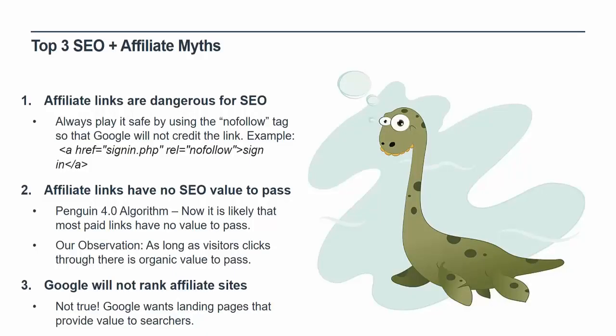Now, how do we use some of these myths that might be floating around in your head to our advantage? The first one is that affiliate links themselves are dangerous for SEO. And you know what? I'm going to pick one side of that argument to dispel it and say no. No, affiliate links are not dangerous, but it's in what you're trying to promote on your landing page, on your website, that Google might value or devalue.